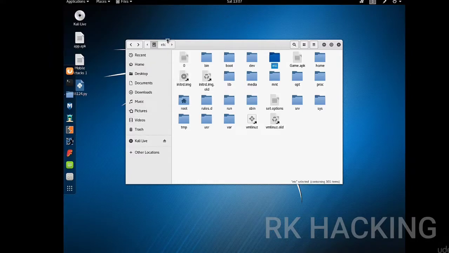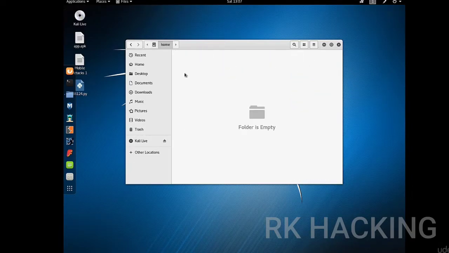Each user has a home folder, but you need to know the basic hierarchical structure of Linux. All the user home folders are under home. Depending on how many users you have, you'll find each user has their own home folder with the subfolders: desktop, documents, downloads, and so on. So this is mainly the file system of Linux.